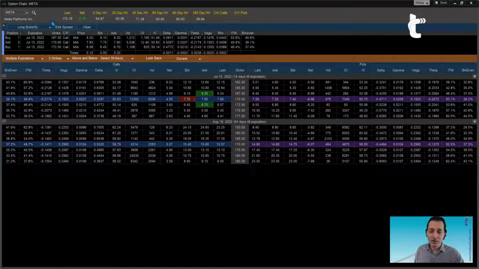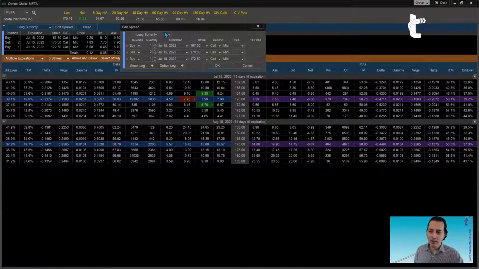Because, of course, the platform is pretty advanced, but it's not plugged into our brains as computer users, meaning that the platform doesn't know what we're thinking. They just know, thanks to selecting on the drop-down menu, that we want a long butterfly, but they don't know about the expiration date and the strikes, okay? So what do you need to do in almost every single case when you do this? Well, you have to edit the spread.